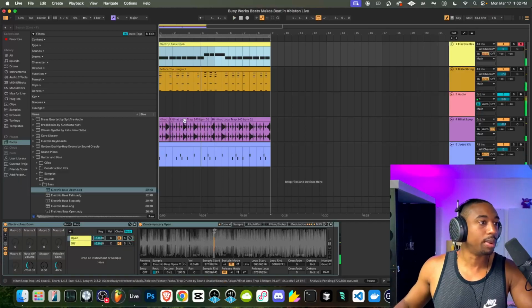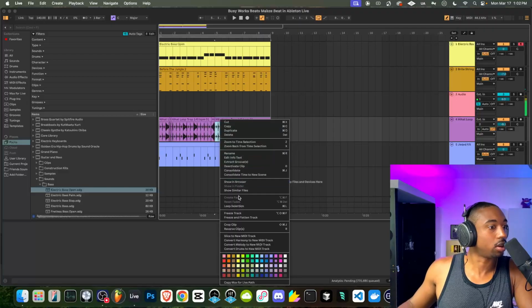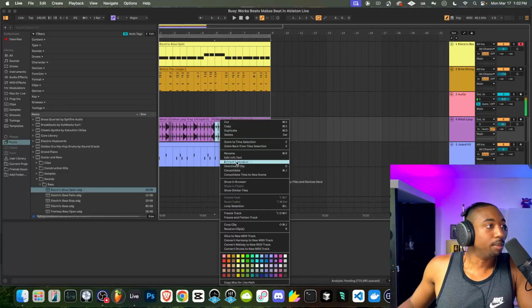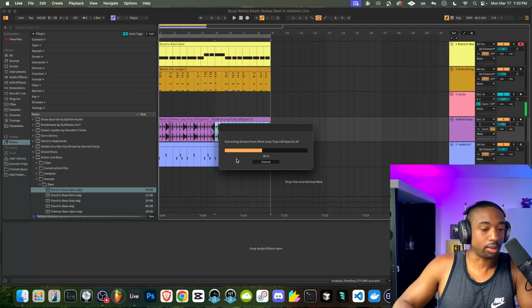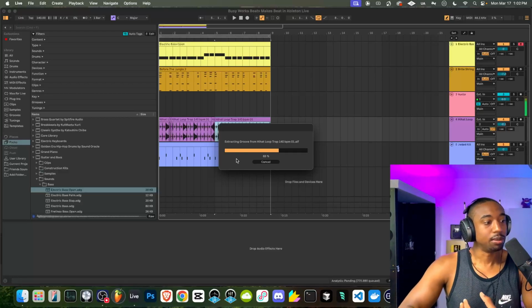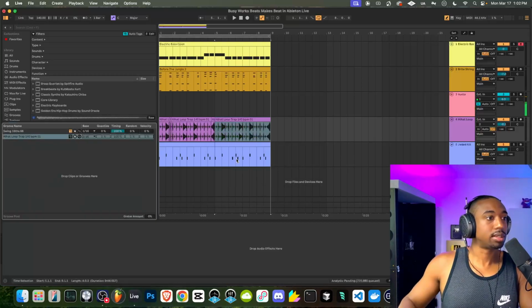And one thing that's cool about Ableton, you can right click and extract what's called a groove. This is better for more boom bap stuff. But if you want your melodies and bass to really be in pocket, you can extract a groove, and we can basically quantize different things according to that groove. You can do something similar in FL Studio. It's much more complicated than this process, however. So let's extract that groove.